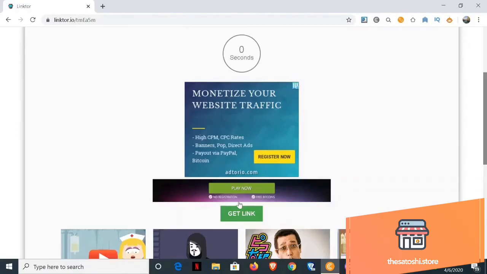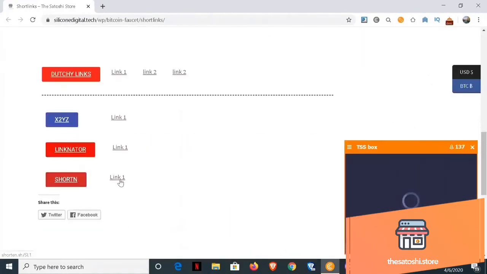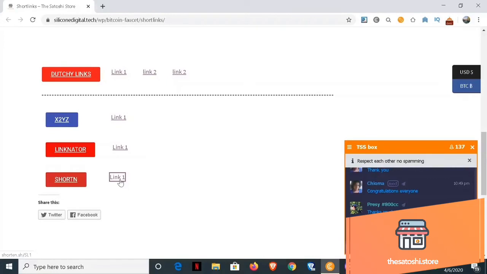You can do it on mobile too, but you will have to scroll on the page or click on the side of the page before clicking on the box for the link. Okay, now I'm going back to the website. I can just close this right here. That was Linkinator. And now it's going to be the last one, shorten.